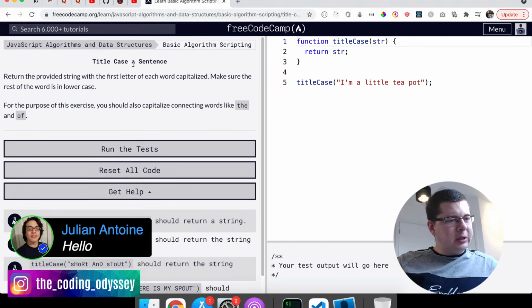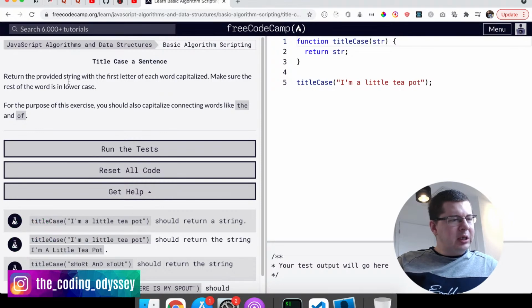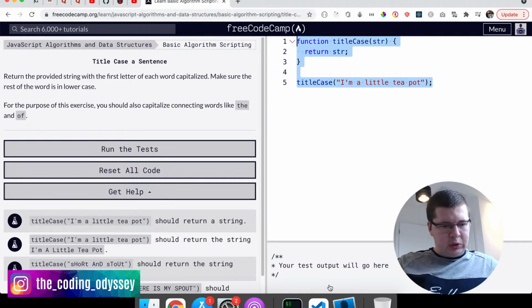All right, a new one. Title case a sentence. Return the provided string with the first letter of each word capitalized. Make sure the rest of the word is in lowercase. For the purpose of this exercise, you should also capitalize connecting words like the and of. So let's copy this here,